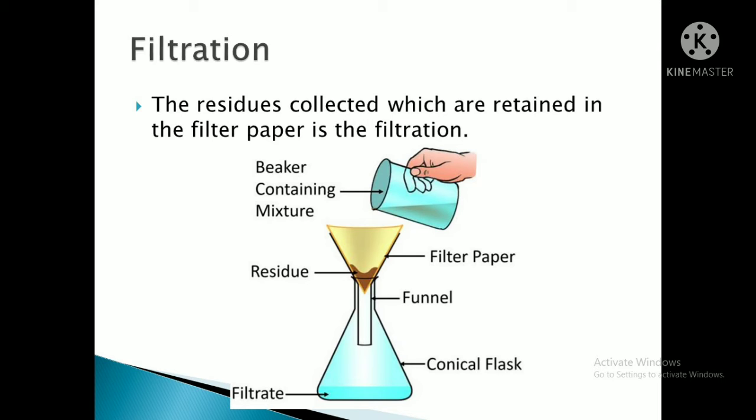But now see this experiment, what happened here? Some mixture is there. That mixture is of chalk and water. Chalk and water are mixed together. Now what will happen? There is one filter paper. This filter paper will be in a funnel, and as soon as the mixture of chalk and water is poured there, the water will be collected in the conical flask, that is the filtrate.